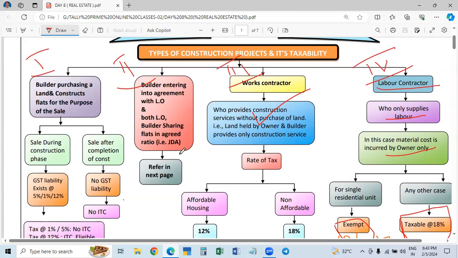And in the next 2 videos, we will take up this one: the builder entering into an agreement with the landowner. That is called a joint development agreement. The landowner will give the right, TDR, that means transfer of development rights. In that, the total expenditure will be met by the builder, who constructs the buildings, and in the agreed ratio of 40/60, he will take 60 and give 40 flats to the owner. Like that. The owner will sell his share, and the builder will sell his share. So what are the different obligations that we will get? Okay, so this is about this one.